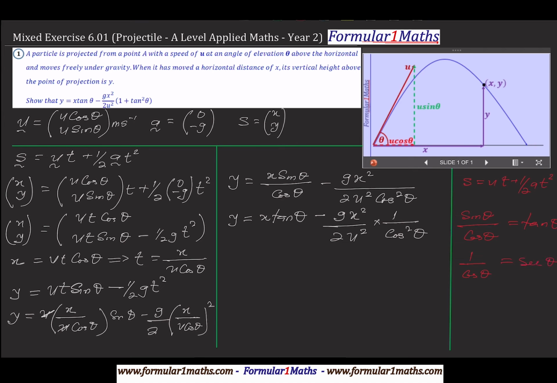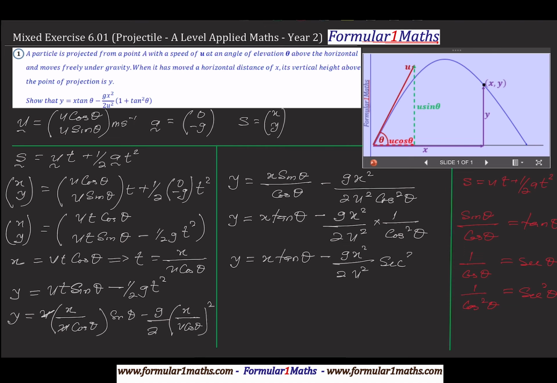So it means that 1 over cos squared theta is equal to sec squared theta. So I'm going to rewrite this equation and replace this with sec squared theta. So if I do that, I'm going to get y is equal to x tan theta minus gx squared over 2u squared